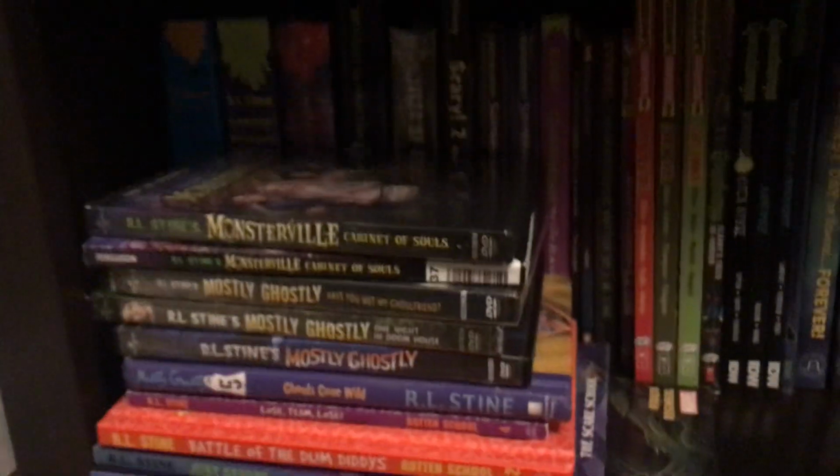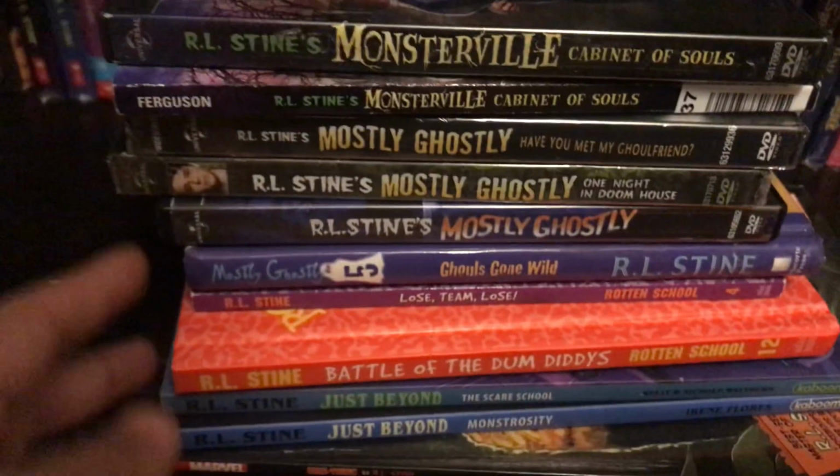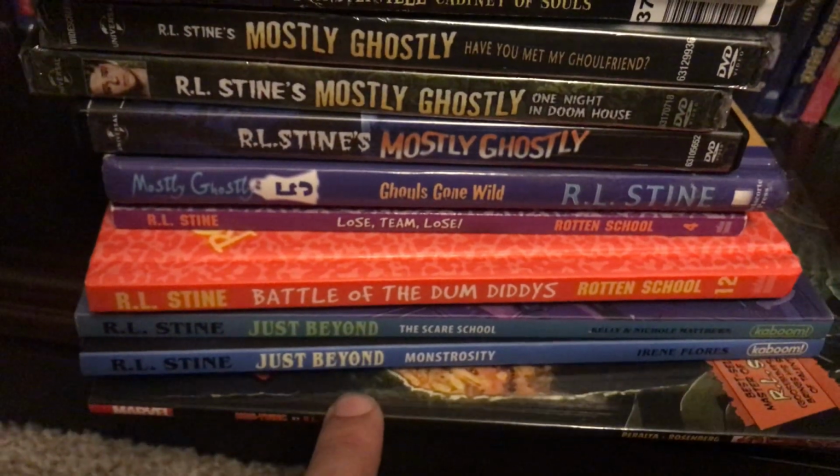Okay, now we're on the very last leg. And the lighting is absolutely terrible here. So we're going to have to move all this stuff out. Here, I guess I'll start here. This is where I keep all the different R.L. Stine stuff I just don't have room for. I got the Man-Thing